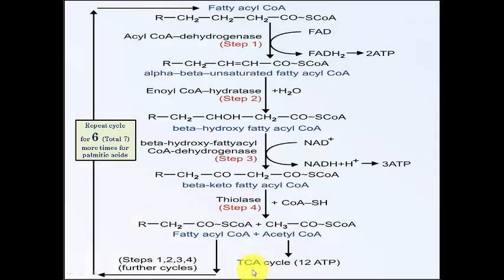So when we talk about palmitic acid, once it has formed the 14 carbon acyl-CoA compound, that will again enter into the reaction cycle. Again a 12 carbon compound is formed, and again it enters into the reaction cycle. So by that way it has to undergo the repeat cycle 6 times. Okay, so it will enter into the cycle a total of 7 times, and in repeat it will be 6 times.